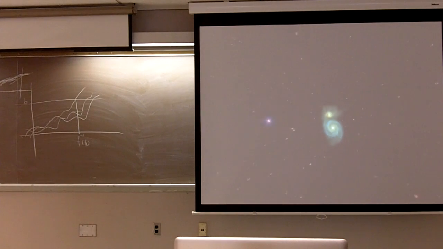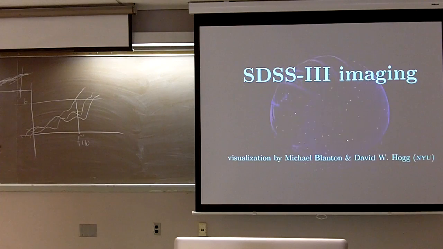And as we zoom out, we see a lot of little dots. Most of them are galaxies. And during this talk, I'll try to convince you we can use it to analyze the universe on very large scales. So this movie, this imaging is based on data obtained by the Sloan Digital Sky Survey. And this movie in particular was constructed here at New York University by my advisor, Michael Blanton.